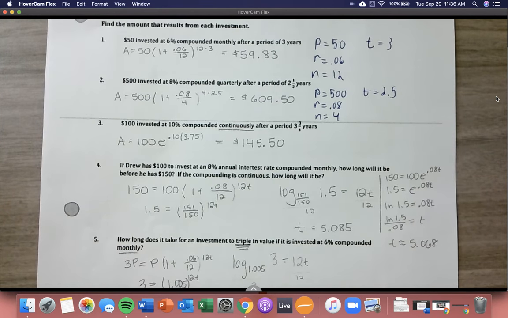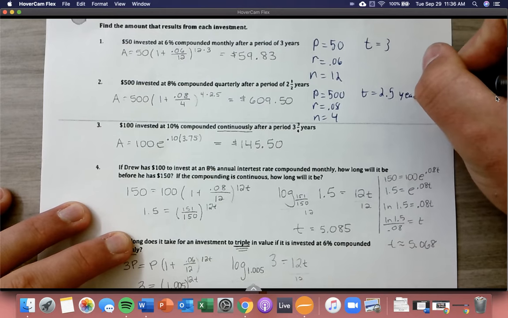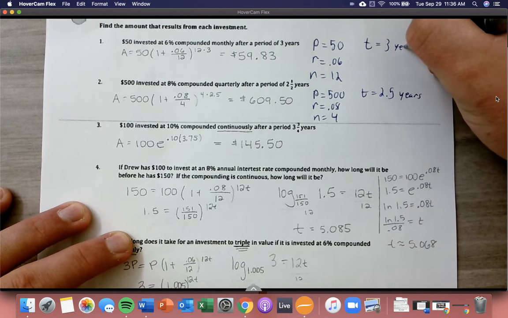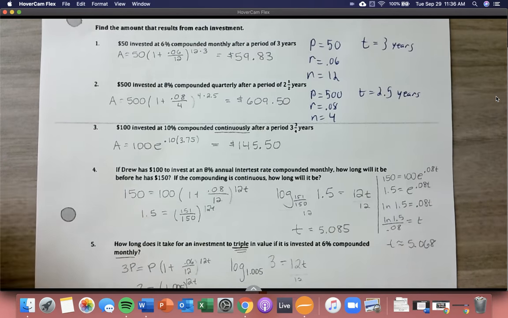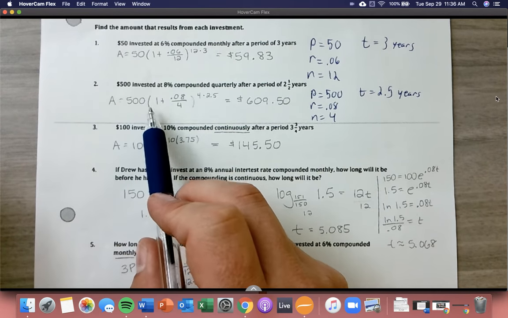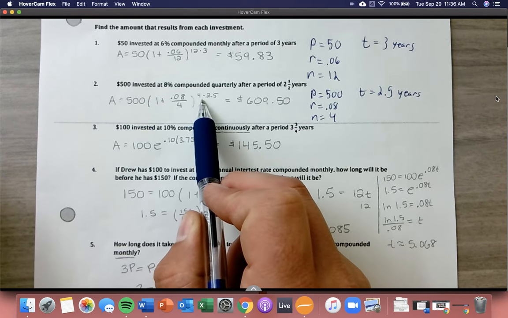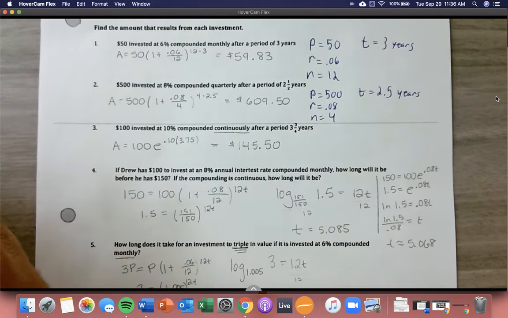Remember, time, this t variable here, it's always in years. Always. So plugging that into our equation, we would have 500 times (1 plus 0.08 over 4), all raised to the 4 times 2.5 power, and you end up getting